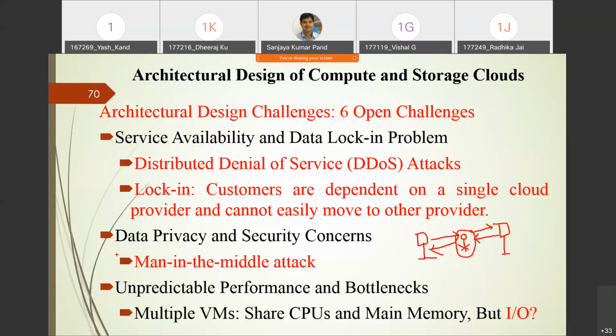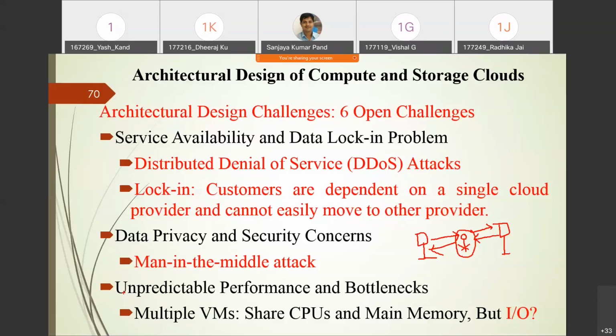Third one: can we achieve predictable performance, or are there any bottlenecks with respect to a particular system? Like I told you in some class, while we were discussing Gustafson's law and Amdahl's law, increasing the number of physical machines does not give you 100% performance. You have to see whether parallelism is there or not in your program, and whether whatever program you have written and whatever resources you have are properly utilized or not. Otherwise, you cannot say the performance will increase.